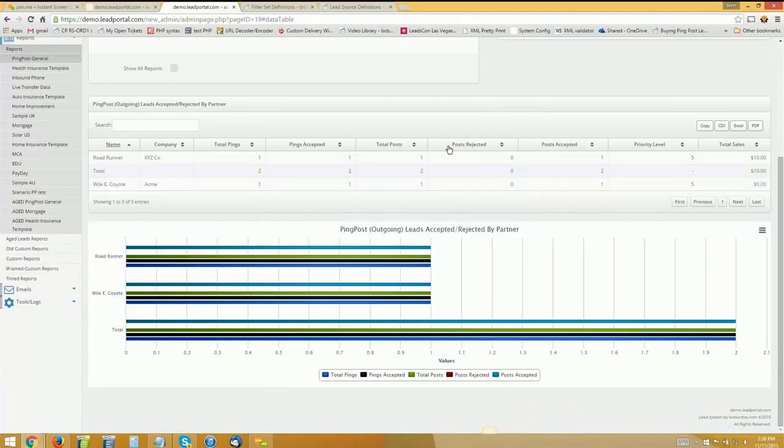Any of these can be sorted as well, so if you want to say who's got the most posts, the least posts, any of these can be clicked on to be sorted by. So this one's going to show you, based upon each partner, total pings that were sent to them, the pings that they accepted, the total posts attempted to them, if they rejected those posts, which ones they accepted, priority level, not used as much, and then total sales for how much you have sent to them that they've purchased that